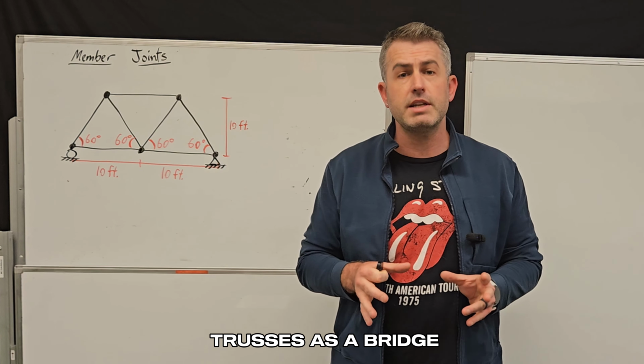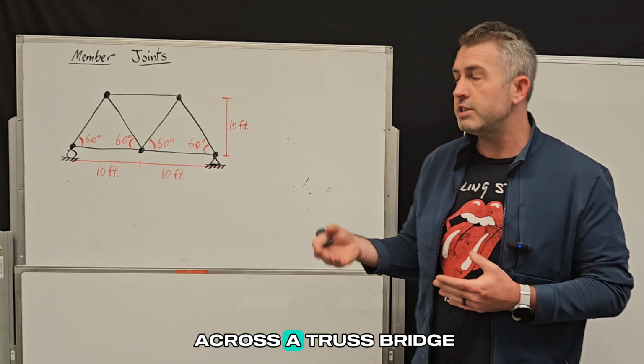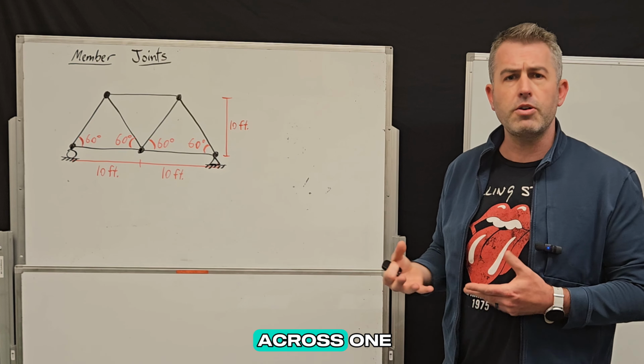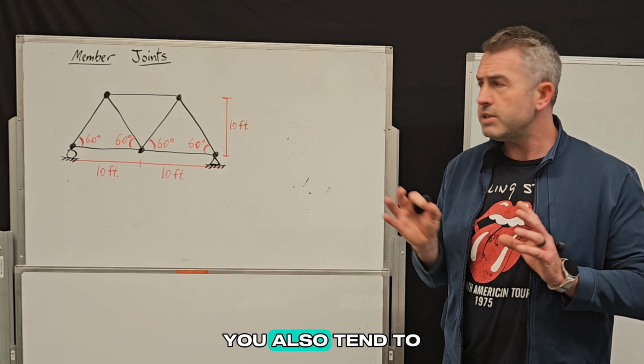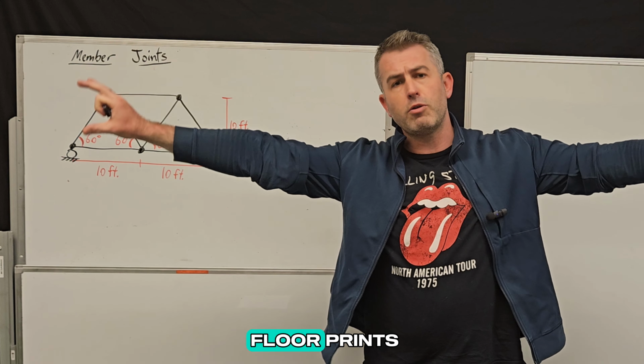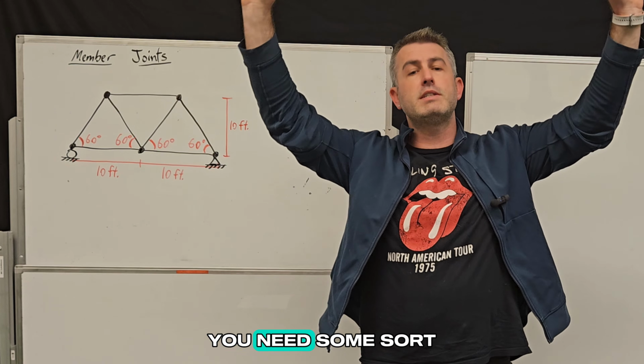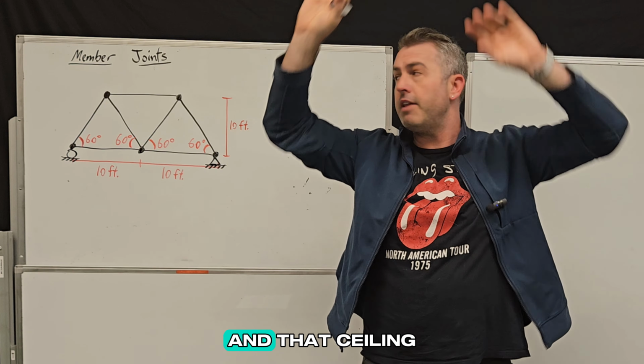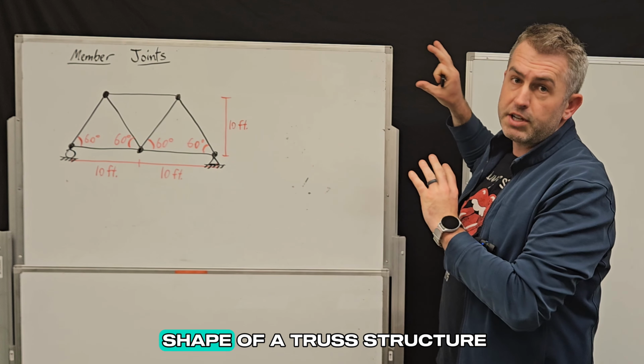Typically you'll see trusses as a bridge. You may have walked across a truss bridge or driven a car across one. They're very common. You also tend to see truss structures in buildings that have very wide floor prints, and so you need some sort of support near the ceiling, and that ceiling support might take the shape of a truss